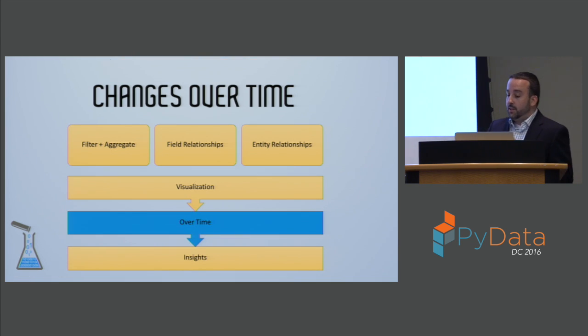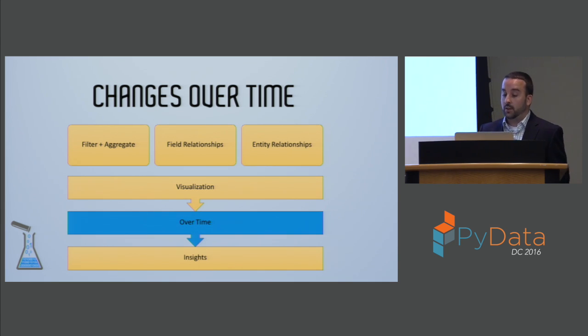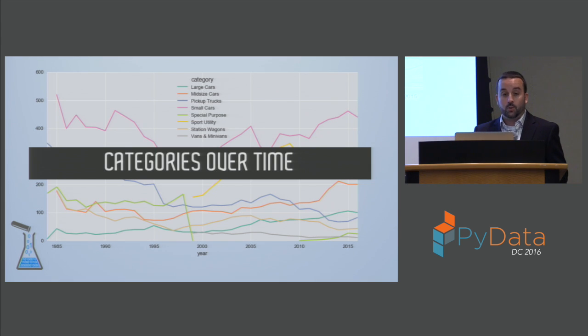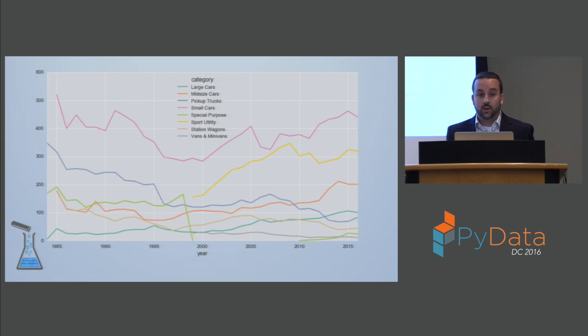All right, so in addition to looking at these different aggregations and pivots visually at a given point in time, I also find it very useful to take a look at how they've changed over time. And so that's what we're going to do here next. So for example, here are our vehicle categories over time. So we can see from this that small cars have generally dominated across the board. We can also see the introduction and increase in popularity of SUVs starting in about the late 90s. And we can see the gradual decline in popularity of pickup trucks as well.